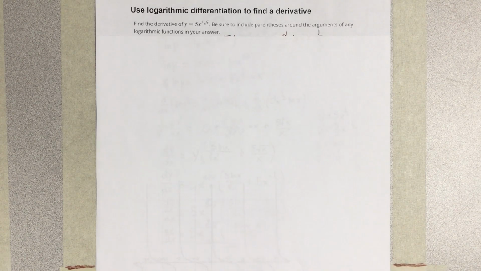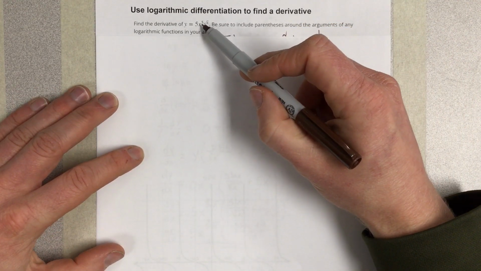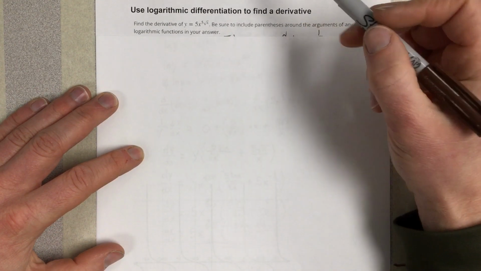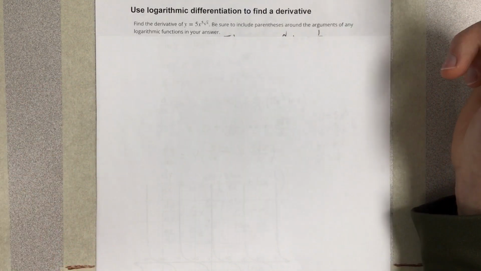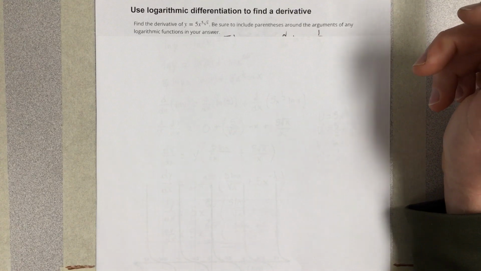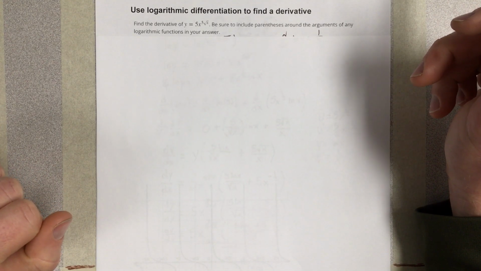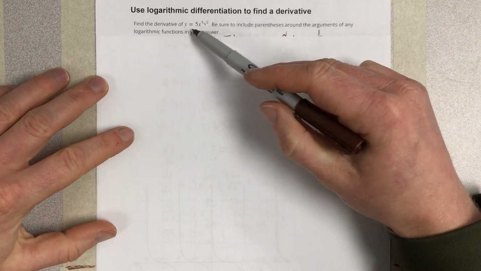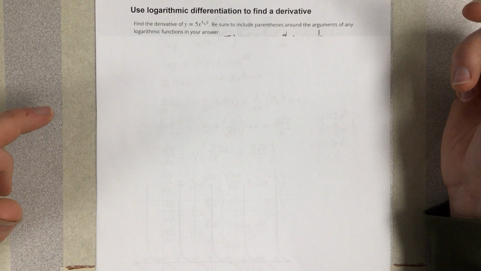In this video, we're going to use logarithmic differentiation to find a derivative. It says find the derivative of y equals 5x to the fifth, well, x to the 5 root x. And to use logarithmic differentiation, you simply take the natural log of both sides, and then you use log laws to simplify the equation, and then you eventually take the derivative using